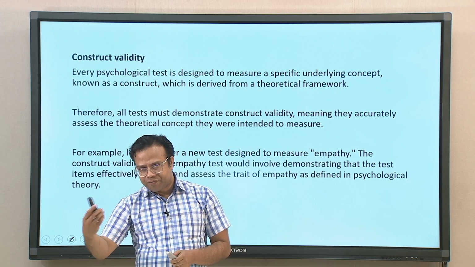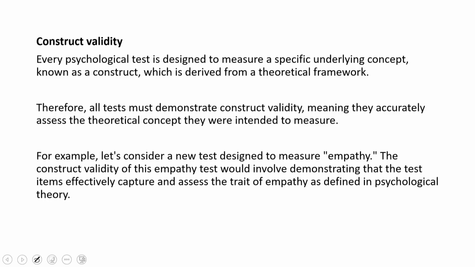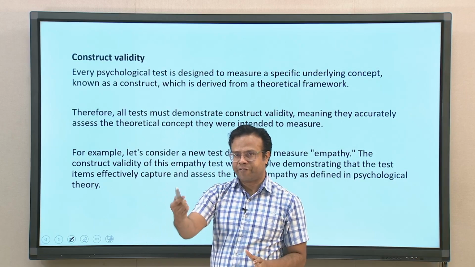Another kind of validity is more empirical, based on more rigorous tests. As face validity is just based on appearance, we need to test other types of validity. So, the next one is construct validity.